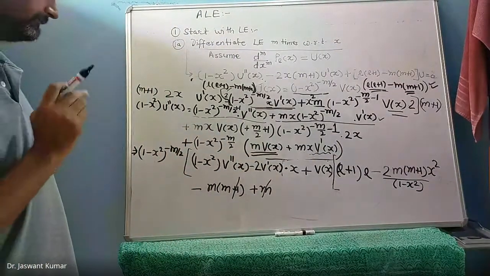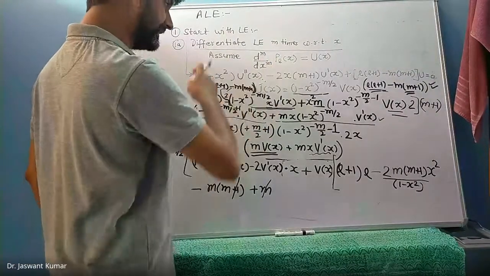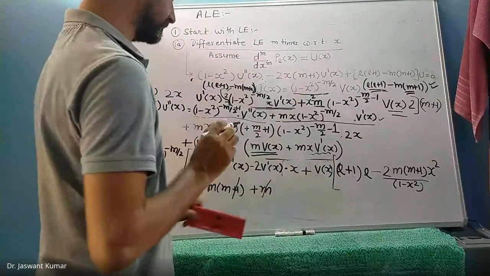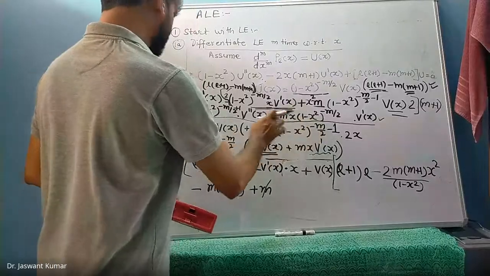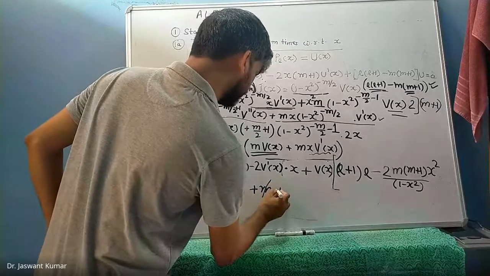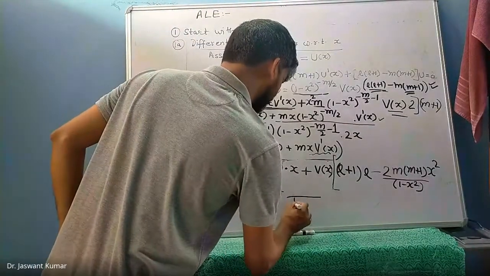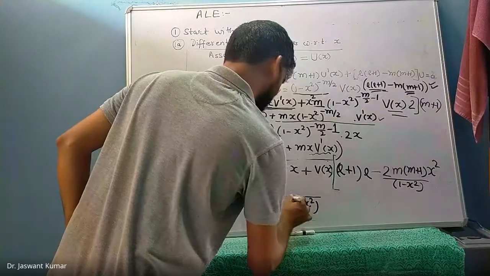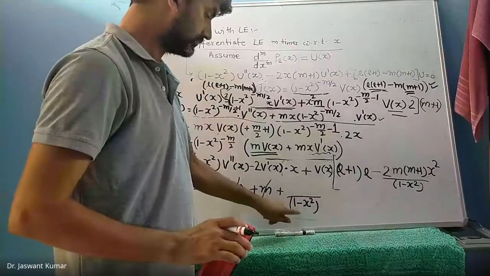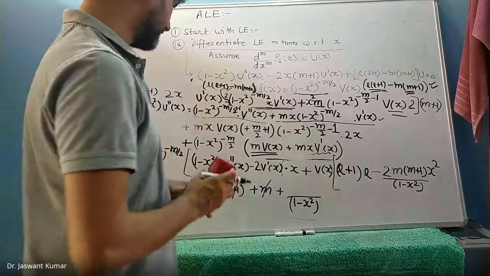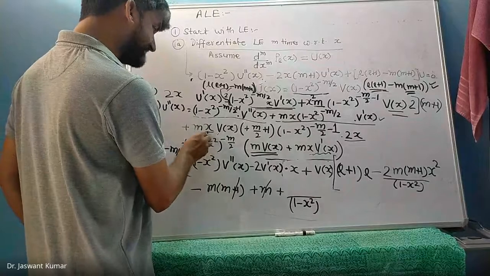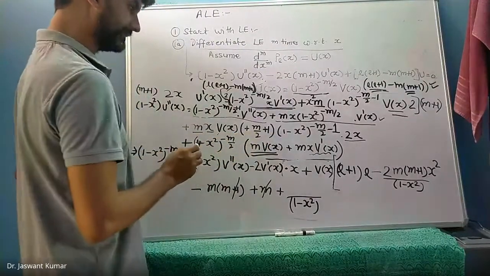Okay? So the only v dependent term that is left in the entire expression is this. This term is v of x that we have taken common here. 1 minus x squared to the power minus m by 2 that we have taken care of over here. There is a minus 1, so that we will do now. So this is divided by 1 minus x square. This divided by 1 minus x square has come because of this minus 1 factor. Okay, so this is divided by 1 minus x square, and then what is left is 2x times x times m by 2 plus 1.